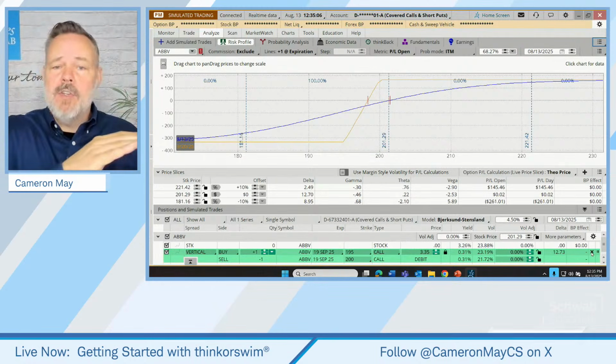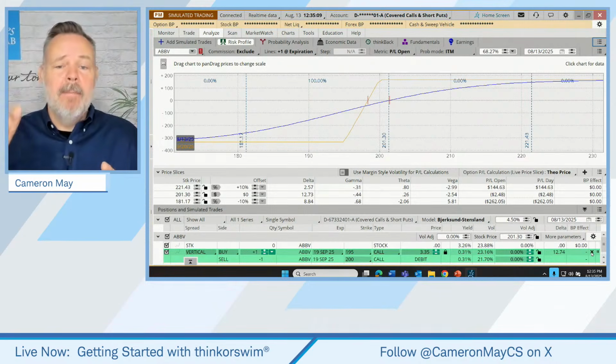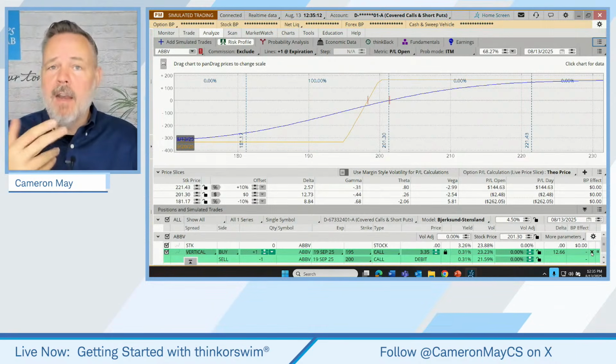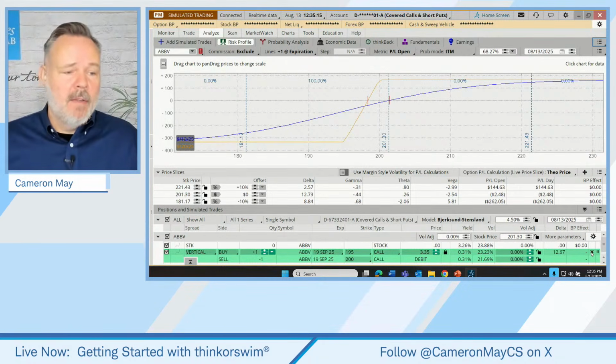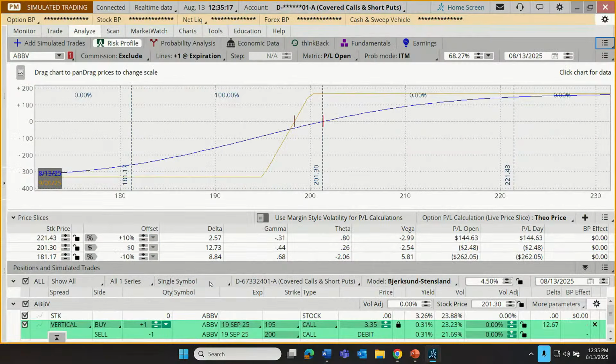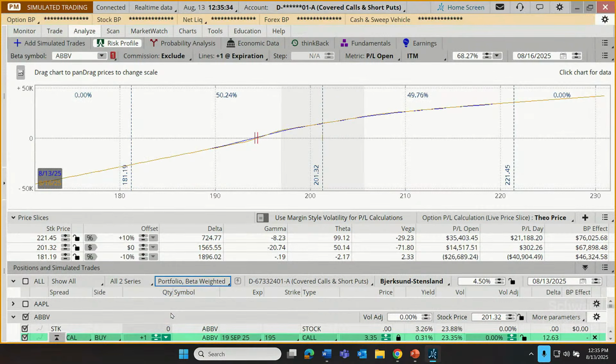Well, this tool has the ability to just draw out a profit and loss projection based on movements of the markets rather than on an individual trade. So here's how we would do that. Right now, down here toward the bottom, you'll notice we're looking at the profit or loss for a single symbol. I'm going to change that to show a chart for my entire portfolio using something called a beta weighting feature. So I'm going to change that here. But right now, what this is basically doing is estimating how our portfolio is likely to perform if ABBV keeps going up. Well, we need to change that.